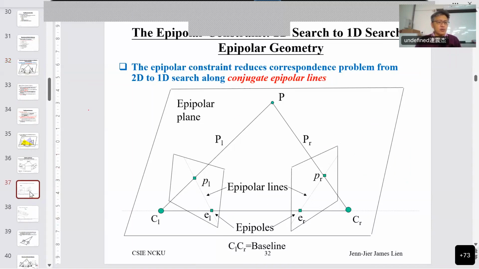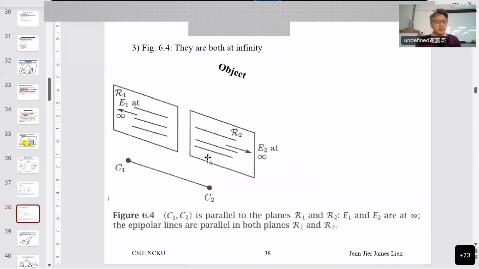However, when you do the parallel, that means any epipolar line will be parallel to each other, and the epipole will be located at infinity. When the 2 cameras are parallel, because all the epipolar lines intersect at one point, the epipole, the epipole becomes located at infinity. So this means all the epipolar